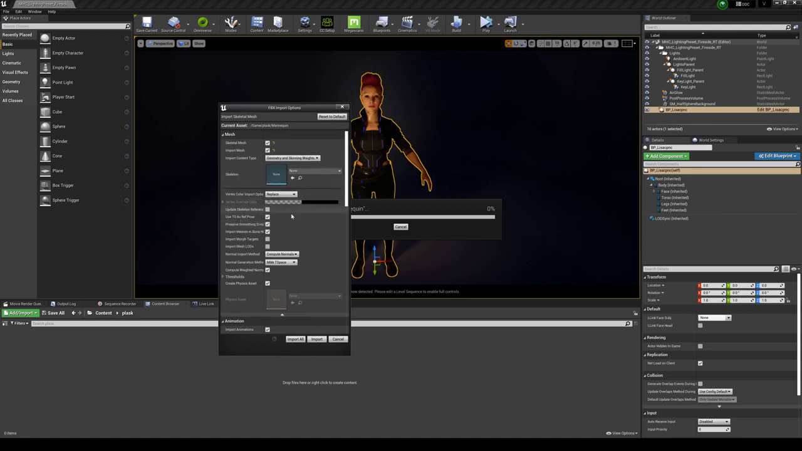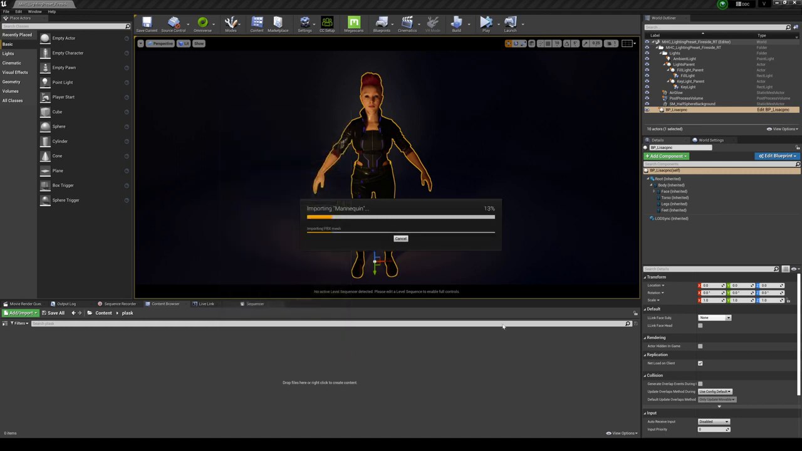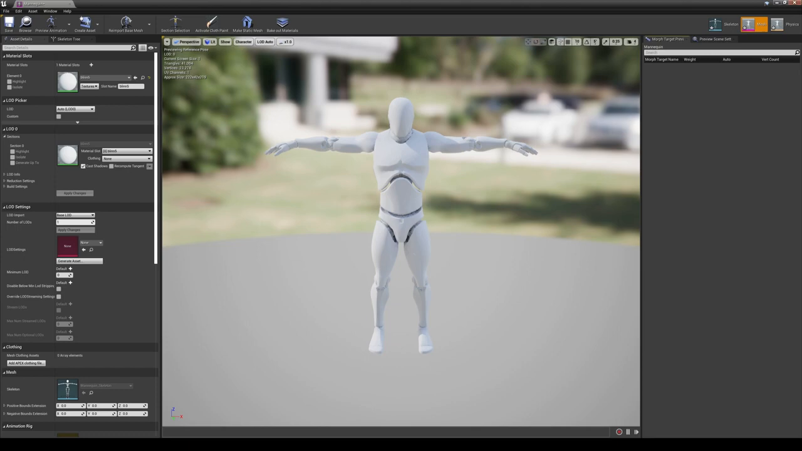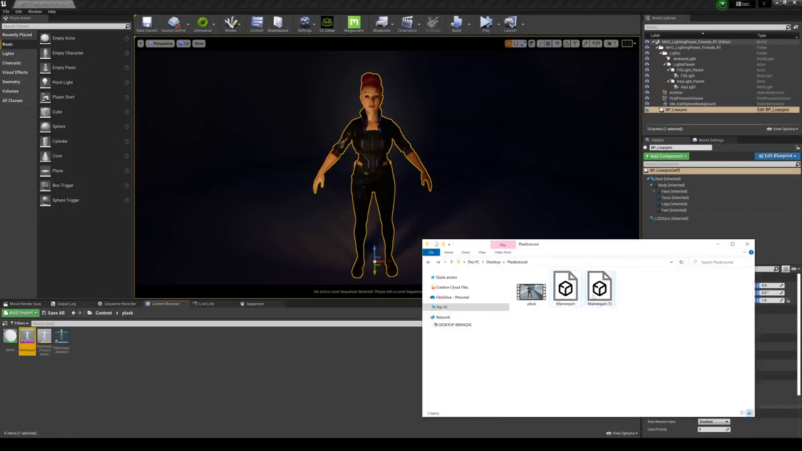Just make sure use T0 as reference pose is good. And I'm not going to put any skeleton here because we wanted to create a new one. All right, so let's go ahead and import. Okay, let's take a look at the mannequin. Mannequin's good. And then the next thing we're going to do, you guessed it, we're going to drag and drop